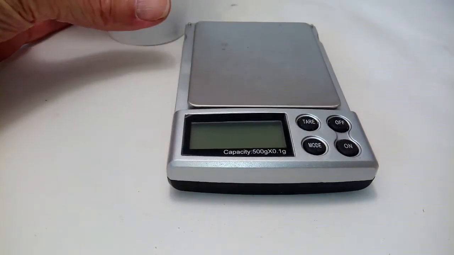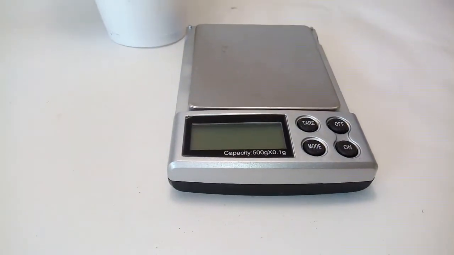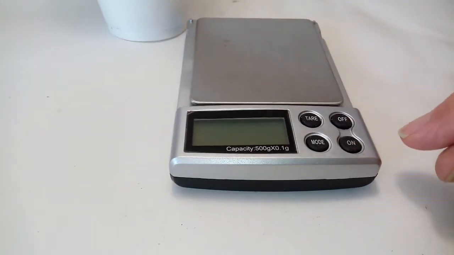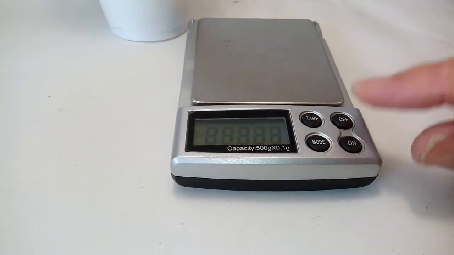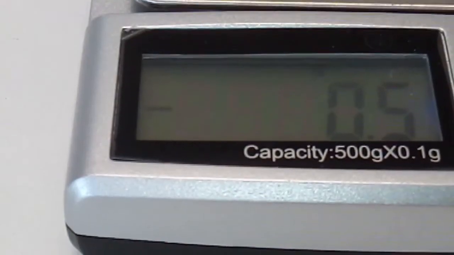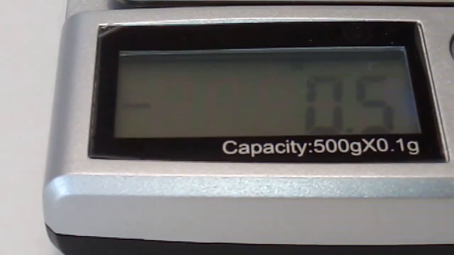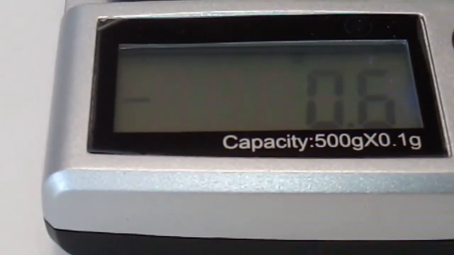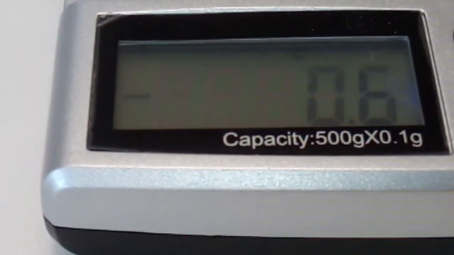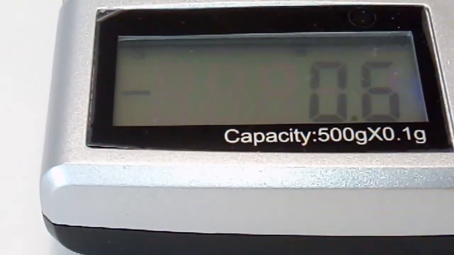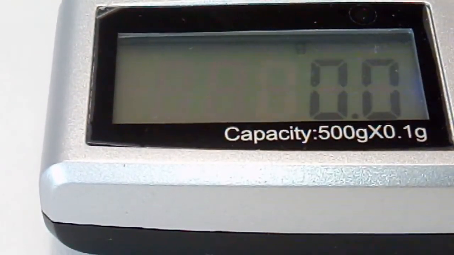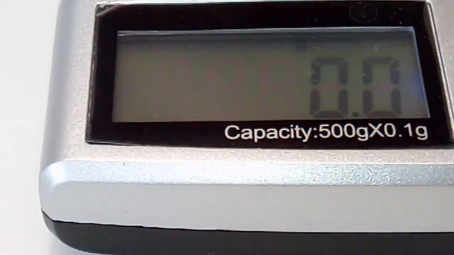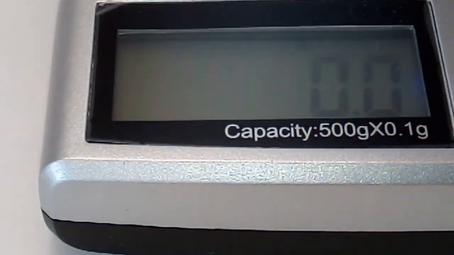So switch on the microbalance and tell it that there's nothing on the pan. Right, so we've got 0. Now we'll put on